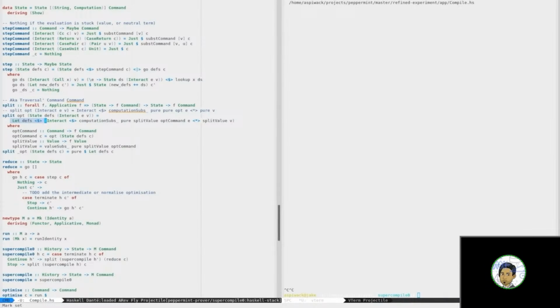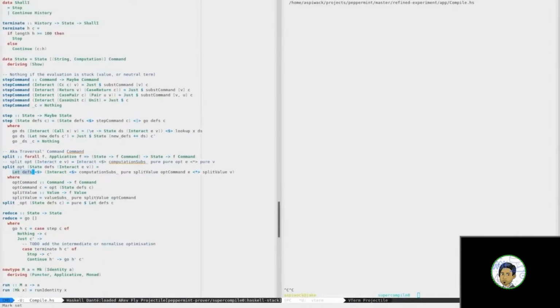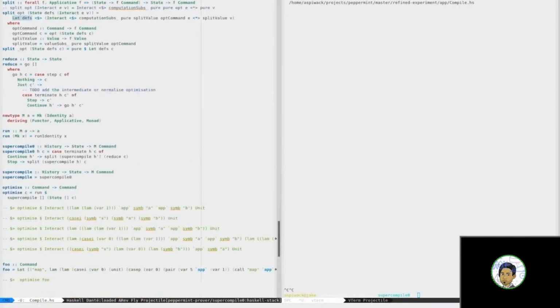Because since I call the state defs later, to add lets and possibly to call ourselves recursively on whatever. No, I don't think so. There's still something weird, but